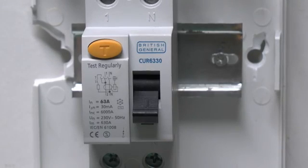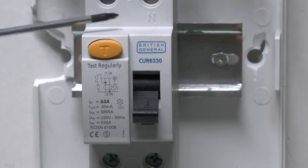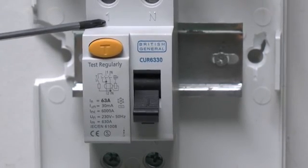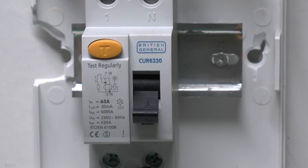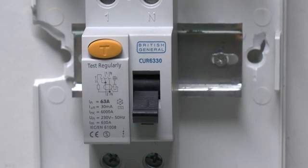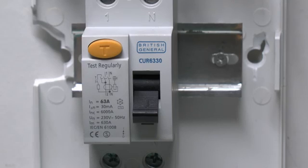Now for this demonstration I've just got this ordinary RCD on this test fixture, and this is a single phase RCD, so just got the neutral coming in on this side and the line coming in on this side, and again the terminals on the bottom are basically the same. We've got the neutral coming out and of course the line coming out here as well, and it's a double pole switch inside, so when it's in the off position like this both of these are completely disconnected from the input. Now this particular RCD, as in the case of all of them, has the small test button on here,